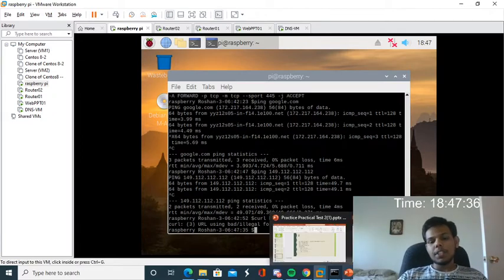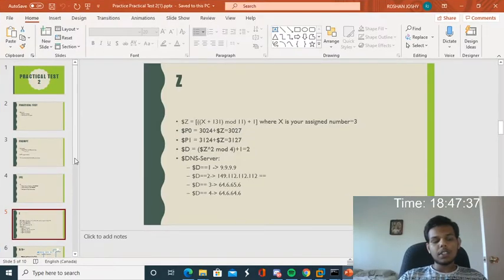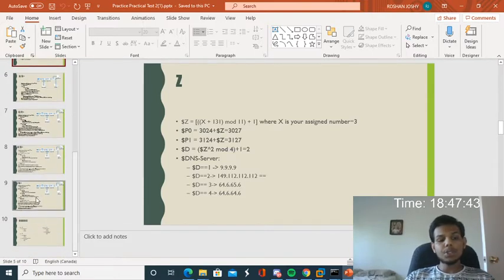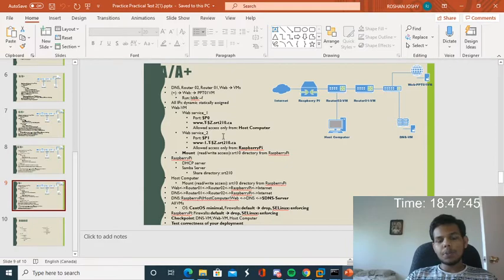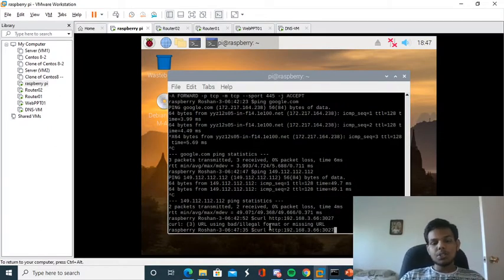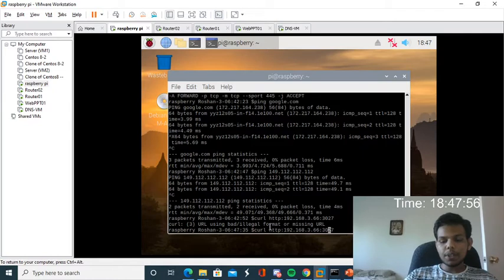According to the criteria, I should not be able to access port number 3027, only port number 3127. So here, as you can see, I cannot access 3027. Now I'm going to try 3127.